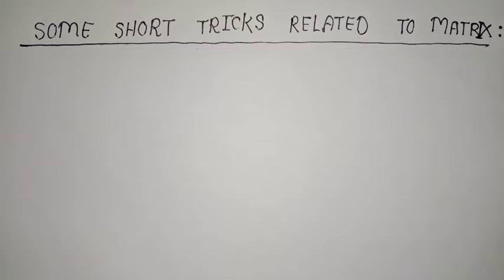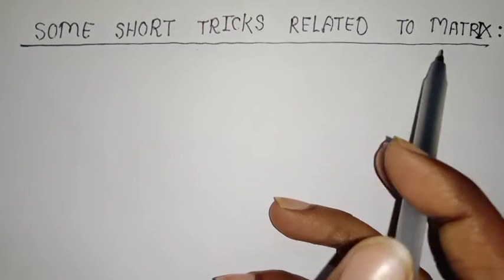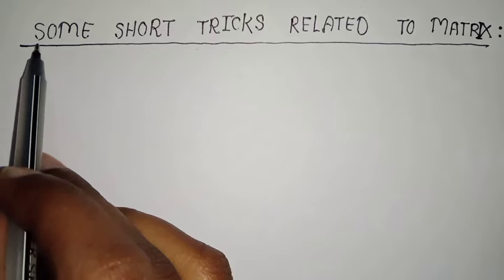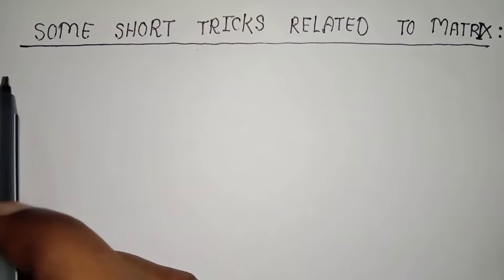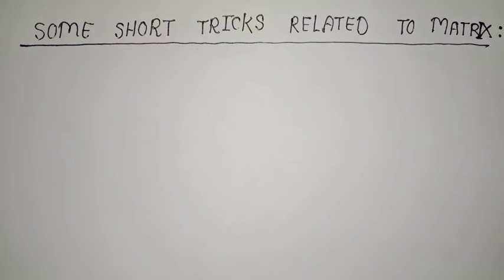In our last video, we were discussing the topic differential equation, on which I have taken 30 to 31 videos. Today, I will discuss a new topic, some short tricks related to matrix. Firstly, I will tell you how to determine the rank of a 3 cross 3 matrix, and then I will tell you a short trick related to matrix. Suppose you are given a matrix and asked about A raised to power 54 or A raised to power 64, then how you can determine it easily. So today we will see how to find the power of matrix A. Now I am going to start our video.